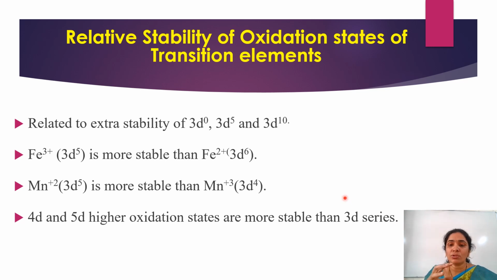Now we have known about the 3d series elements. Why? Because their electronic configuration was exactly known, and how this electronic configuration is related to showing the different oxidation states, that is, variable oxidation state. Now we will discuss how these oxidation states are relatively stable, nothing but the relative stability of oxidation states of transition